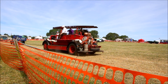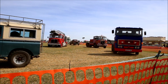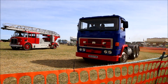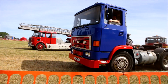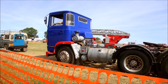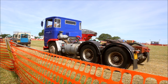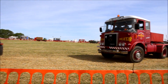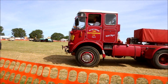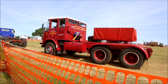Now the Bedford going past the commentary point, green Bedford drop side there. This is the J series Bedford. And it's so nice, if you look at it as it goes by, you can see it's still got the original rear lights. Just about semicircle rear lights, tiny little backlights, so this is quite normal for the period. And if you look at the wing mirrors on the green and red one, which is passing us at the moment,